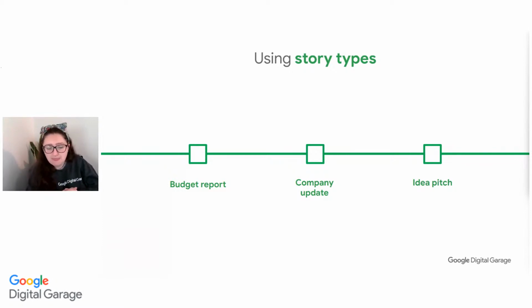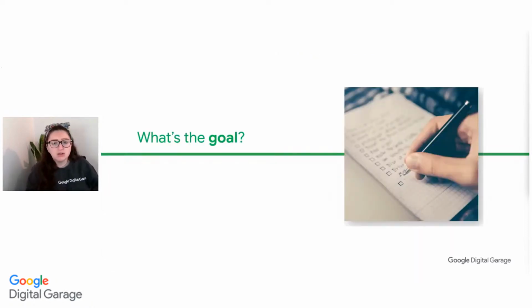So start to think, okay, first of all, what are we trying to deliver? And how is a story going to really connect with this audience in front of me so it's memorable and they're going to be on board with what we're saying? And the next thing in this first part to start thinking about, what's your goal?